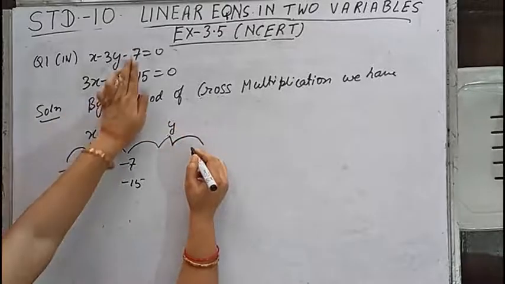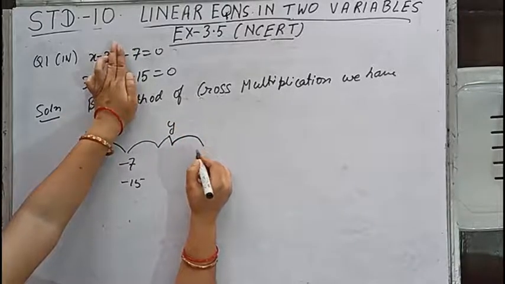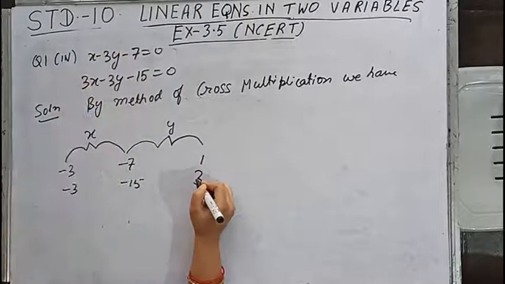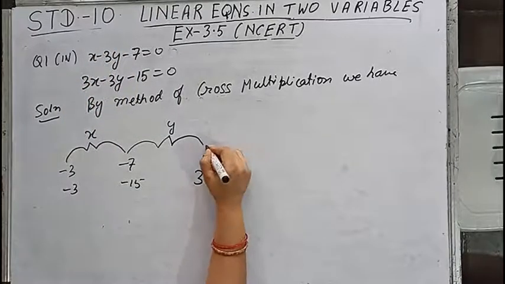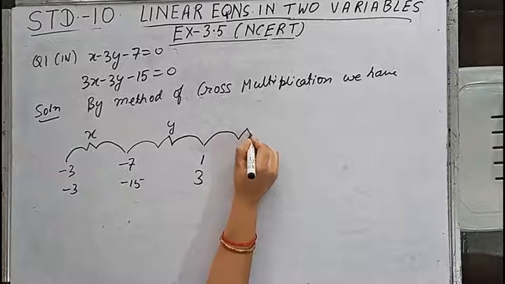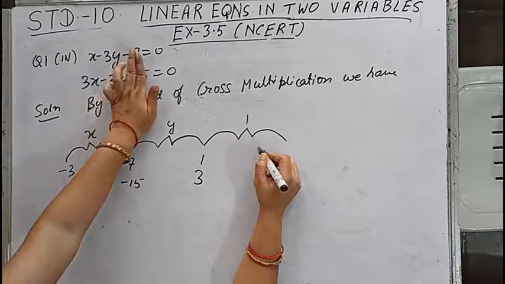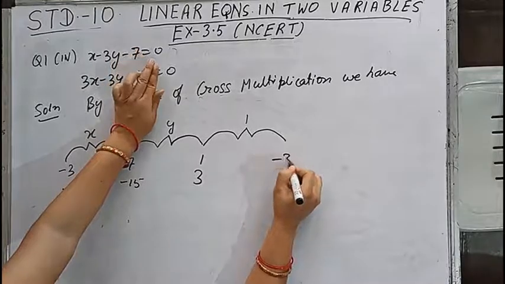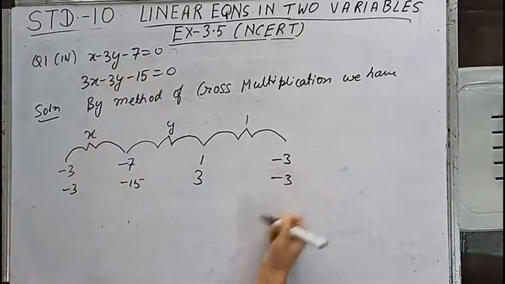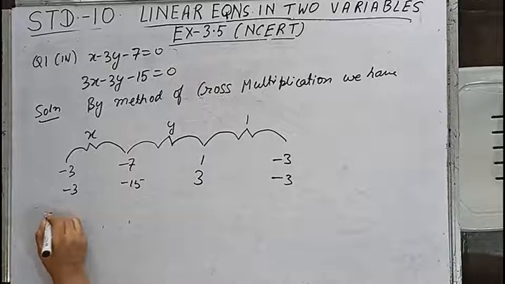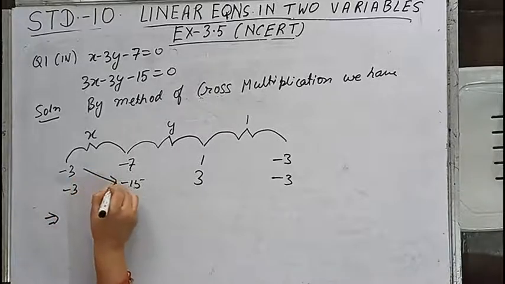Y under y 1 3 minus 7 minus 15 already written, and then 1. Now under 1, 1 3 is written, so left is minus 3 minus 3. This implies, now the signs,